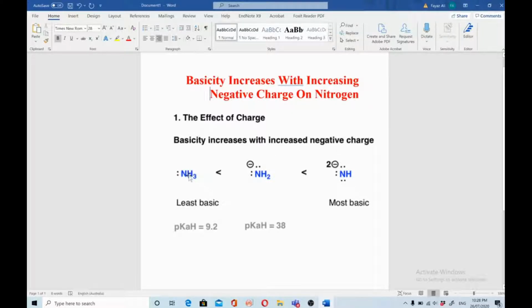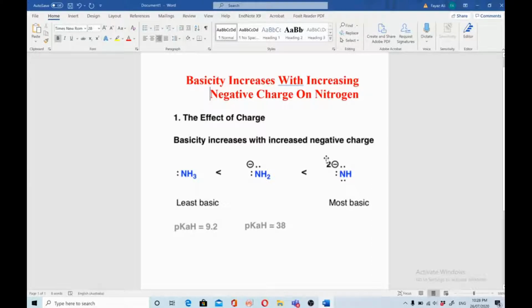So the least basic obviously would be ammonia, because it does not contain any charge. Then the next most basic will be the negative charge containing NH2⁻ group. This will be more basic than NH3, and NH²⁻ will be more basic than NH2⁻ and ammonia. So this will be the most basic according to this effect, that is the effect of charge,